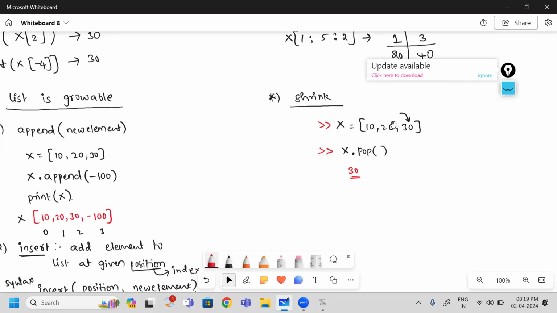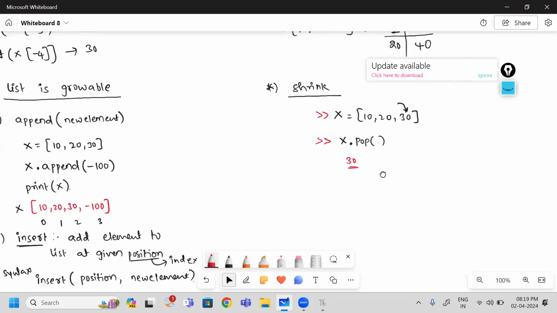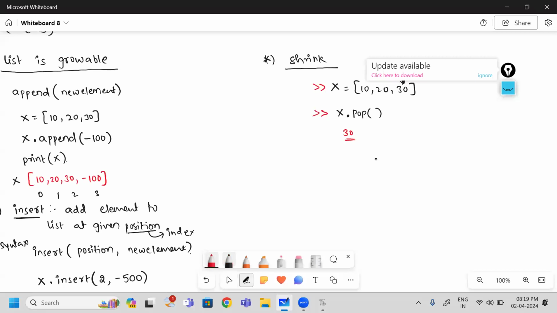So in which index it is present? This is 0 index, 1 index. So now I want to delete an element which is present at 20. How can I delete? So again, you have to use the pop method only. But while using this pop method, you need to supply which index element needs to be deleted. So what is this pop doing? Deleting